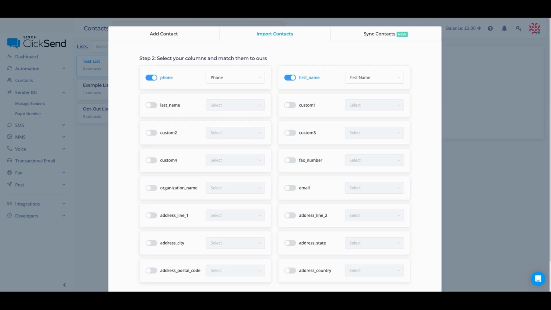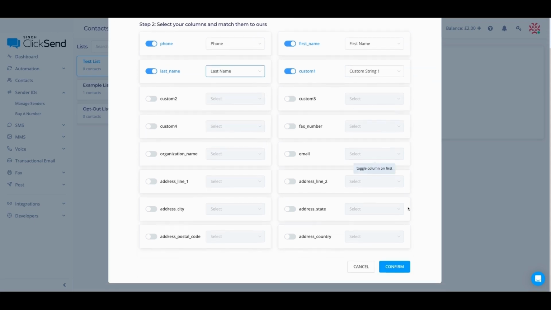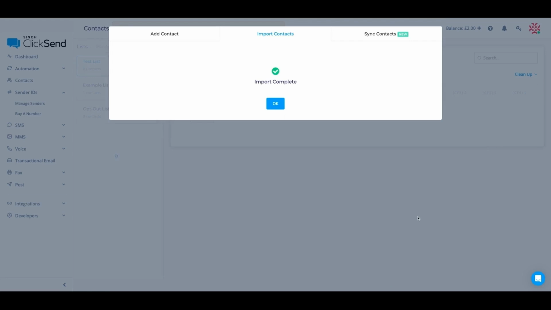Now what ClickSend will look to do is it will look to match the data within the spreadsheet. So for example, in my CSV file, I've got a column called phone. I can bring that in and match that within ClickSend to phone, first name to first name. Let's say it was important that I bring something else in. So let's say custom one. We'll talk through custom strings in a second. I can then map that to that specific area. Last name, it's important that comes in as well. Click on last name. Once I'm happy, I can confirm that data, and that's going to then import that contact list for me,